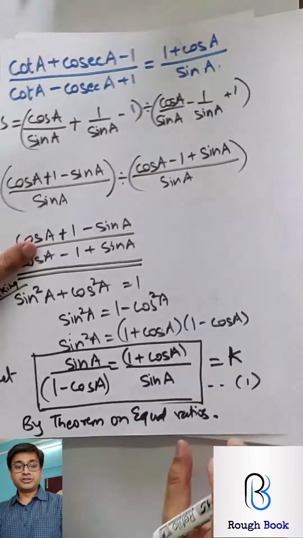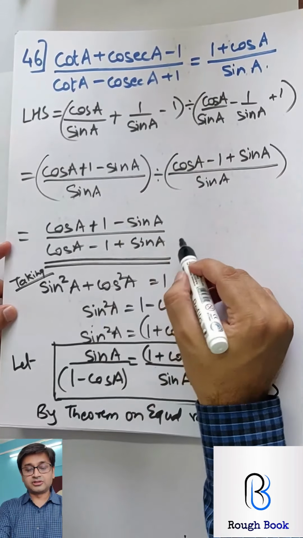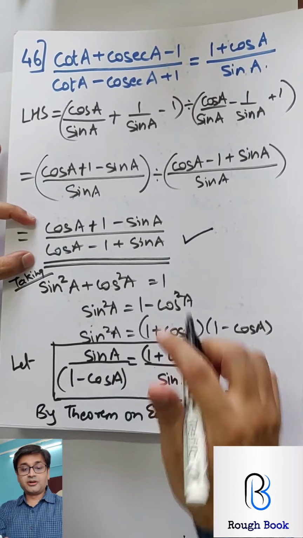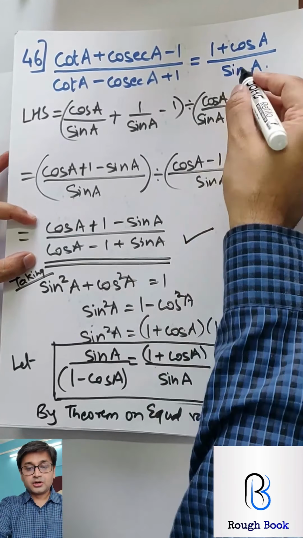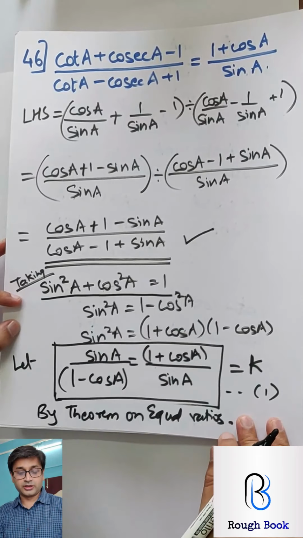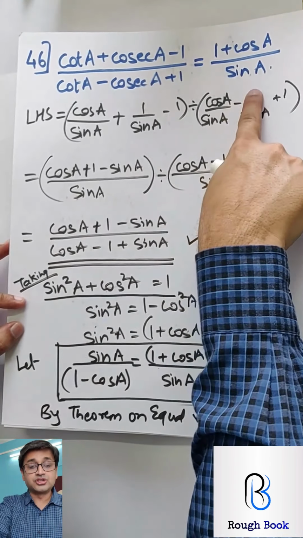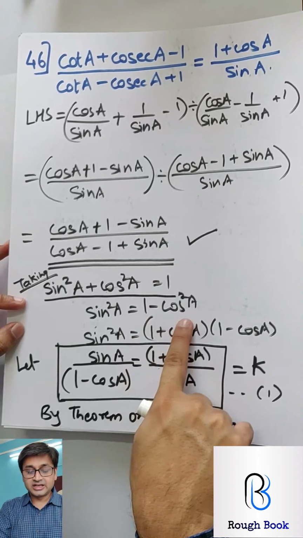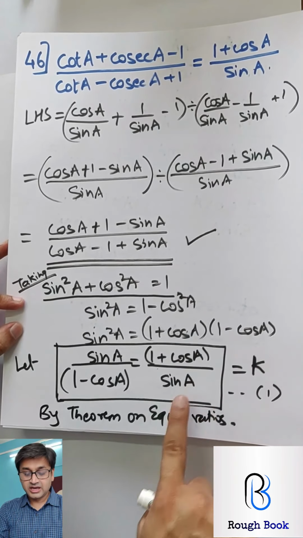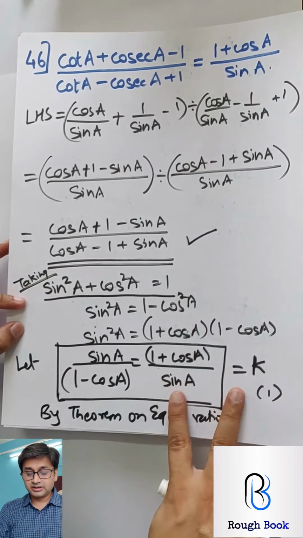Yeah, so just repeating it on a quick note. First we converted everything to sin cos and reached here. Now we'll try and connect this with this. To connect these two, you start with the identity sine square plus cos square. And our target is here. While I was writing this, my aim was to reach here. So I converted this as 1 plus cos A, 1 minus cos A, and reached here by crossing it. Once I reach here, I called this equal to k.